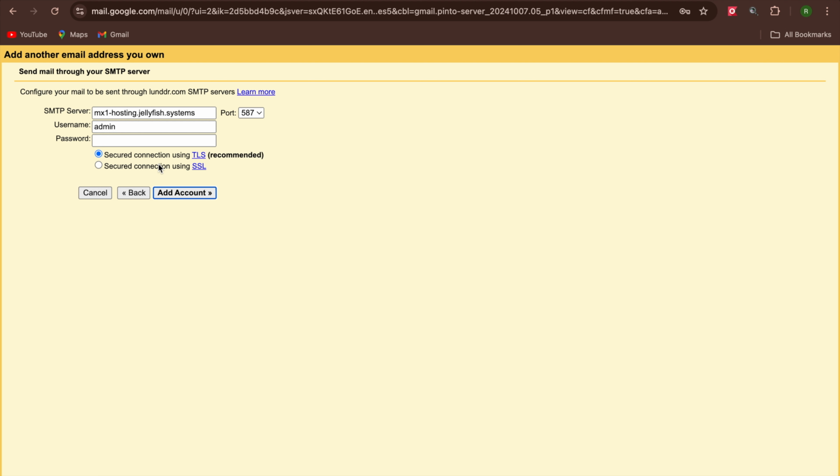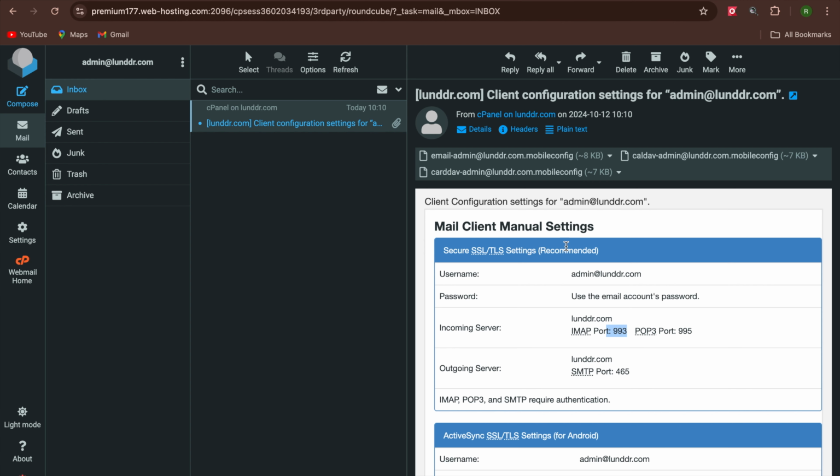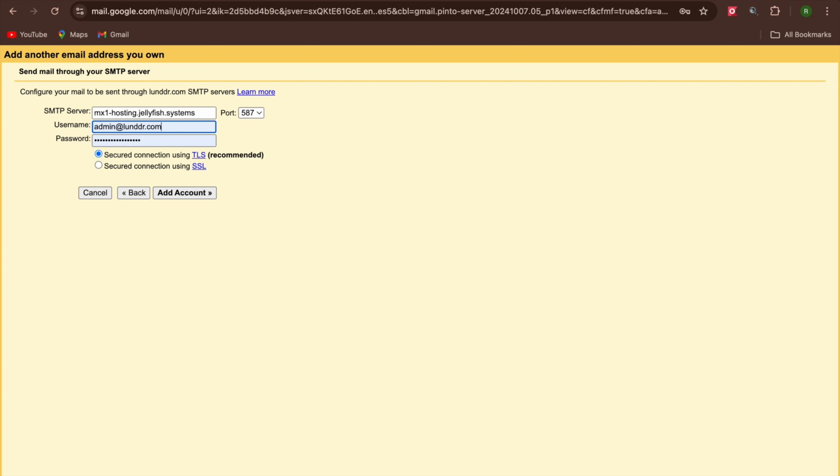So click on next. The same information, the SMTP of the server, the username. In this case, I'm just gonna fill in the same info, and the incoming email, that's 465. So I'm gonna change this,